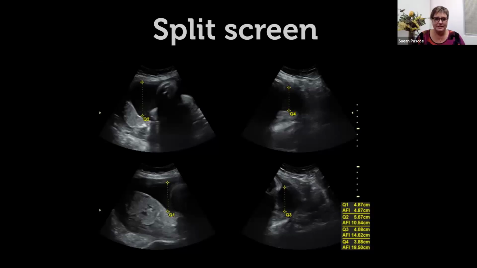The tricky thing with this, though, is that you have to get used to how your machine works. And the most frustrating thing in getting into the groove of using your machine is getting this tool to function properly so that you don't take a measurement and then lose it when you move on to the next quadrant. So there's a little bit of finessing the button pushing here so that you can do this well without losing information as you go. So check and see if your machine has this function and practice it without a patient so you get the order of the button pushing right, and then it'll flow more smoothly,